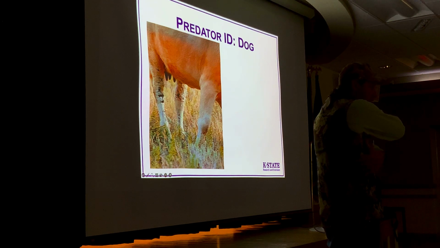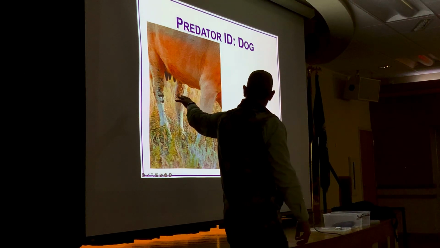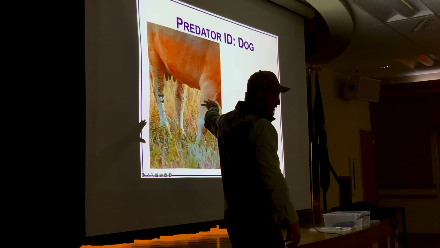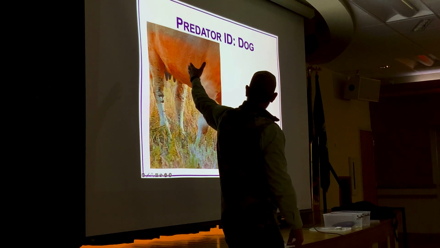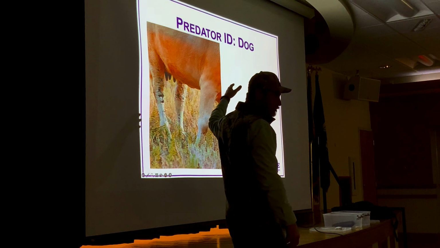Coyotes and dogs will oftentimes feed on the rib cage, especially of a very young animal. But if we see lots of mutilation on the legs like this, that tends to be dogs. Especially on a very large animal like this, it's way too big to be coyote prey anyway.